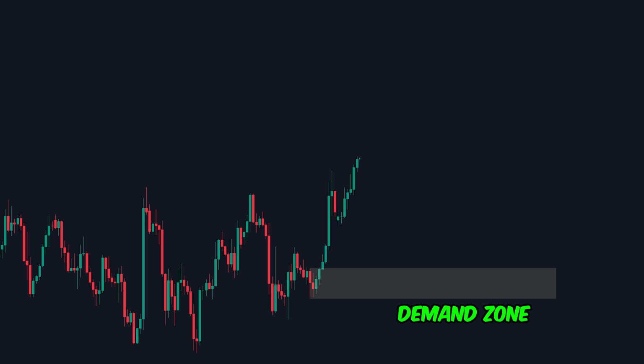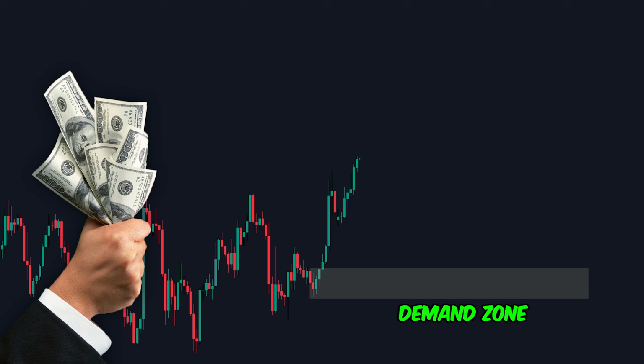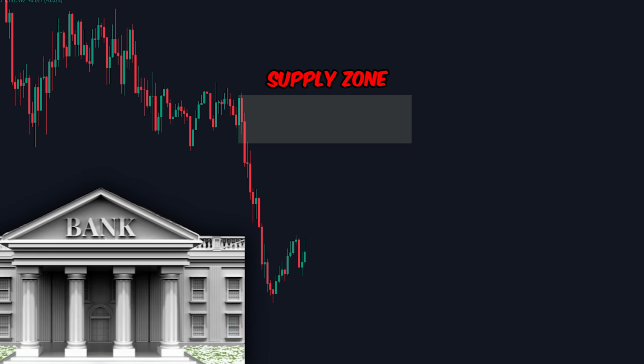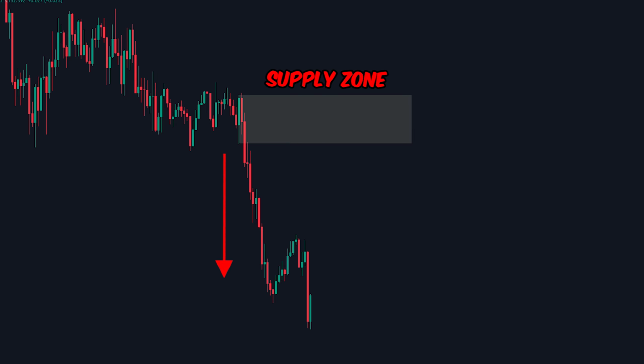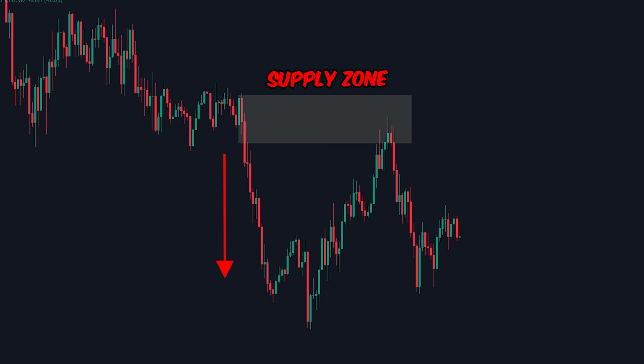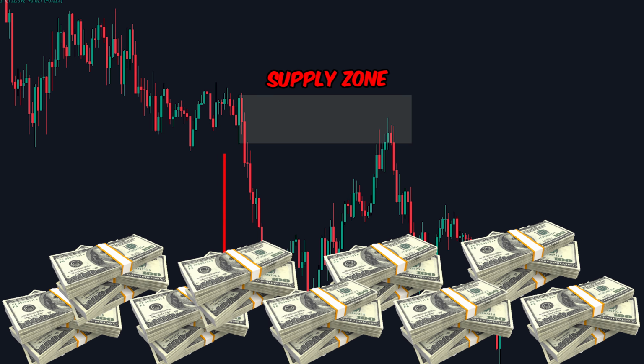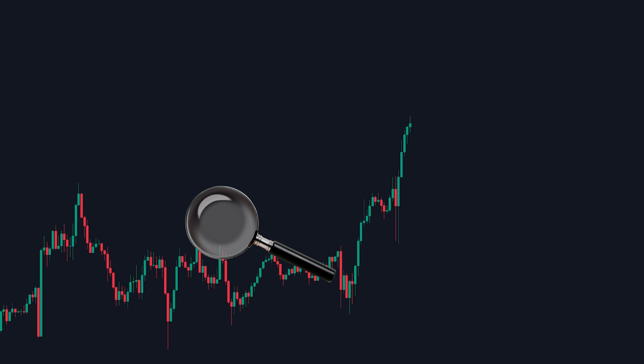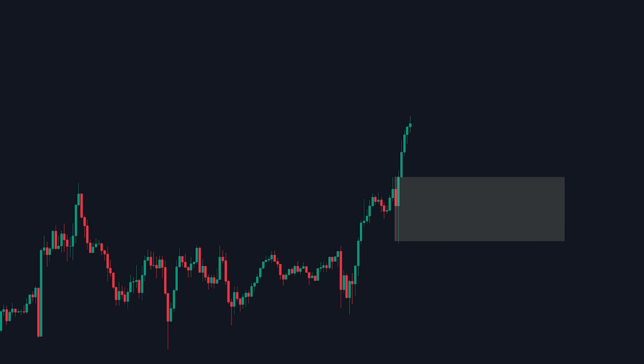A demand zone is an area where big institutions place massive buy orders. Price left that level fast because there were not enough sellers left. A supply zone is exactly the opposite, where institutions dump their positions and send price to the downside. When price comes back to one of these areas later, it's likely to react again because unfilled orders are still sitting there. So your goal as a trader is to find where those big players last entered and position yourself right there.